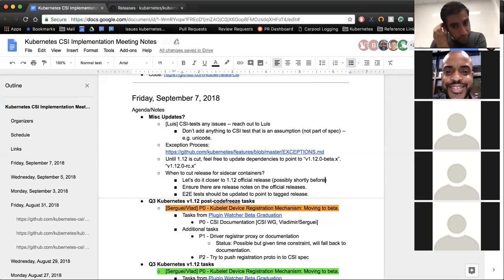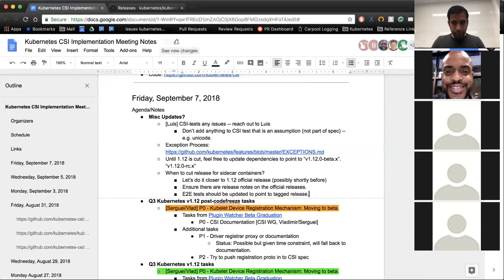Should we always just have the E2E test point to the latest for these external repos, so that we don't have to change them every single time we release? You mean like point ahead? Point to the latest image pushed to Quay. But the thing is, if we do that, then 1.11 will bring in the latest containers. Yeah, so if you have multiple versions, it could break things. Got it.